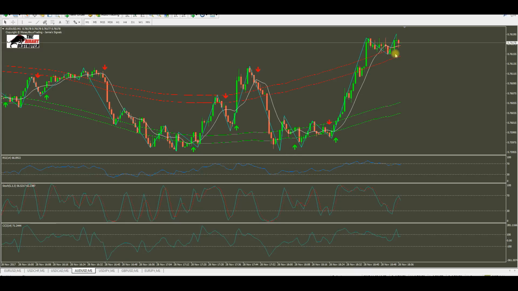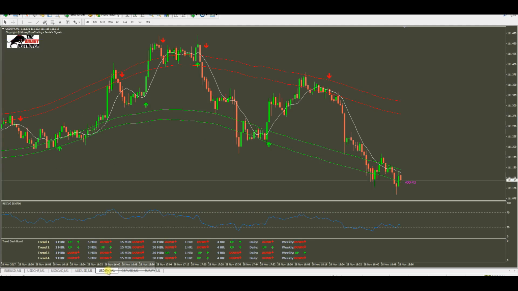Yeah. See how we've got this nice M pattern appearing now. Both the RSI, CCI and stochastics oversold. If I get a nice signal arrow here, that's going to be a nice trade. USD JPY, if I can